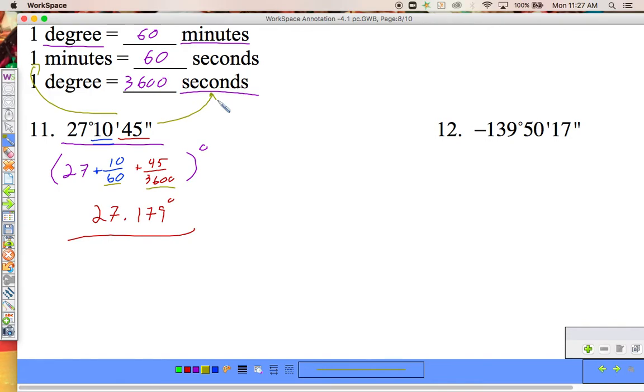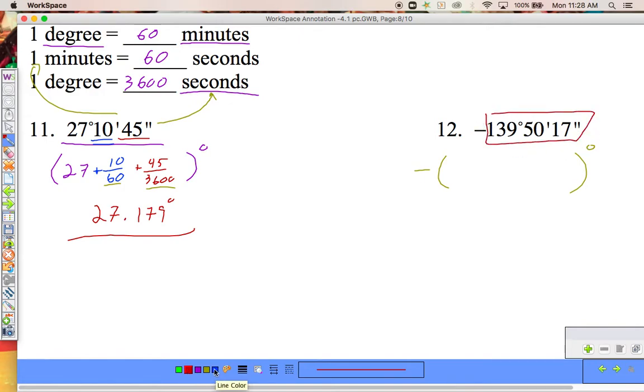Negative 139 degrees, 50 minutes, and 17 seconds. Pause it if you need to. I'm going to start here in a second. All right, so this one's a little bit different. What I have is a negative angle. So to make a negative angle work, I'm going to take out the negative sign and the degree. I'm going to take this number